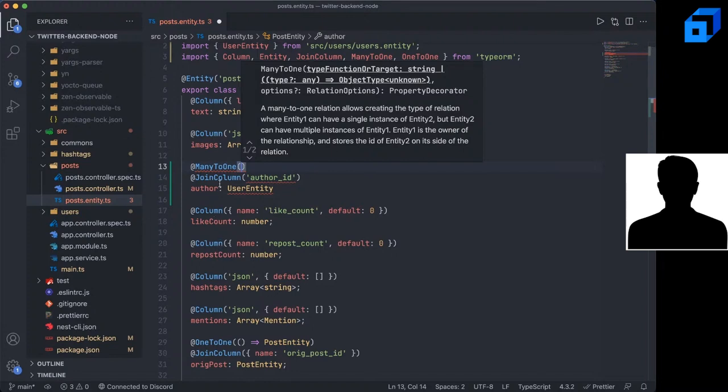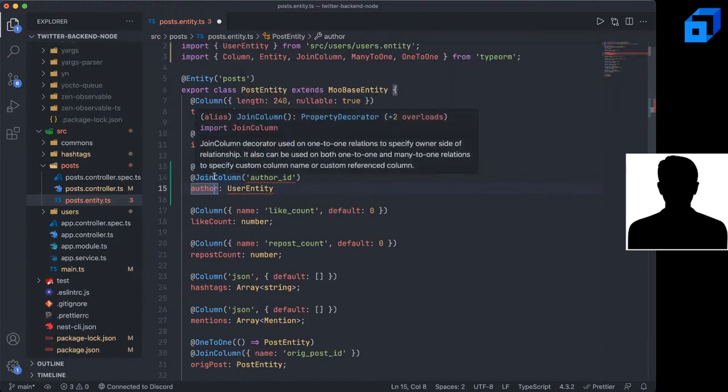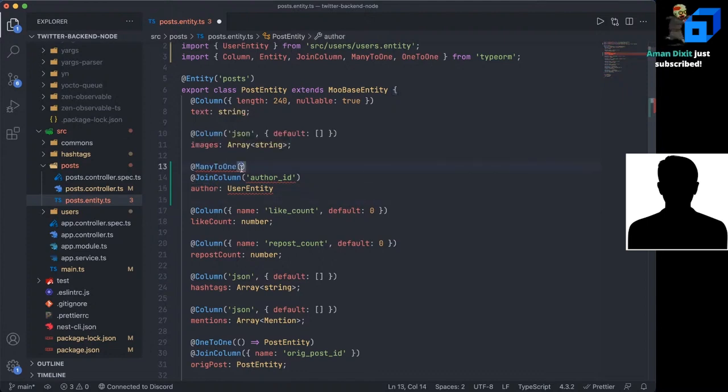Okay, so we are writing this relationship within posts, and we are thinking what the relationship would be from post to author. A post to author would be many to one. Many posts can be written by the same author. One post can't be written by multiple authors, so it can't be many to many. It can't be one to one because we can't let people create only one post. We have to allow them to create more than one post. So post to author, we will have a many to one relationship because of that. Okay. So many to one of type user entity and